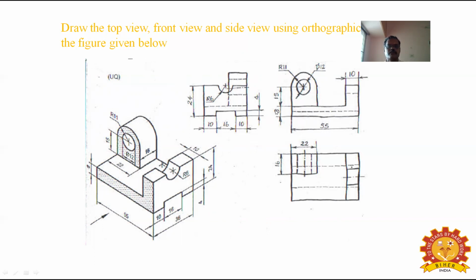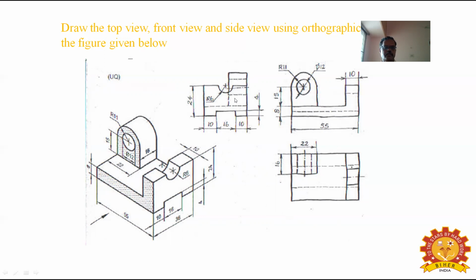Okay. After completing this front view, you have to draw the side view. In the side view, only this 36 by 24 is visible. Draw the first rectangle. In that you can draw the slot undercut in the side view. It is visible, and you can draw an R6 semicircle, and a part of the boss is visible, and